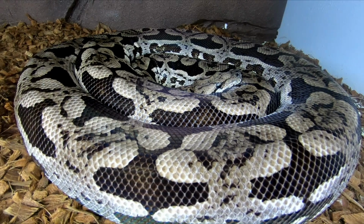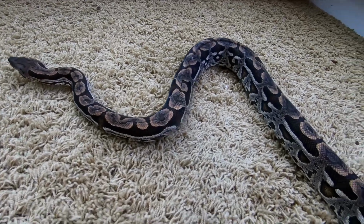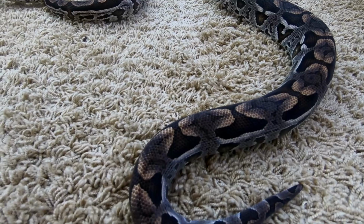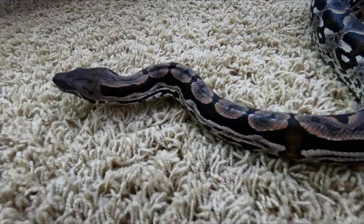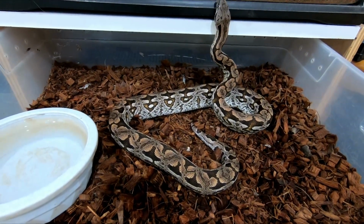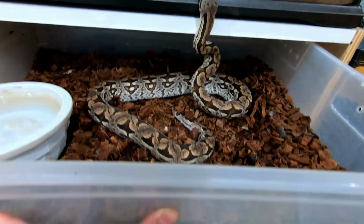Besides Moose and Cuddles, I have 2 female Dumerils that were born to them a few years ago. They are Snuggles and Wiggles. I chose those two because in the litter she was born in, Snuggles had deep, dark brown saddles unlike any others in the litter. And in her litter, Wiggles had the brightest coloring. But honestly, I've seen other really amazing offspring that Cuddles has produced, and I've just sold them off to happy